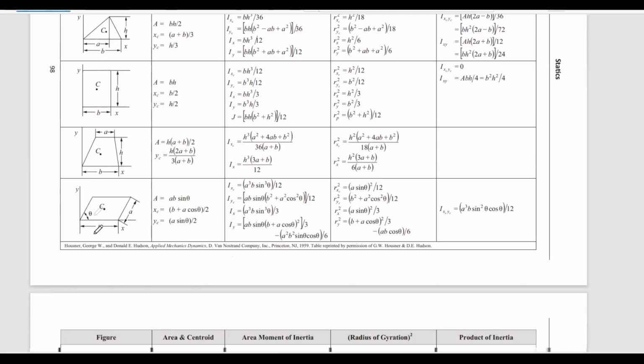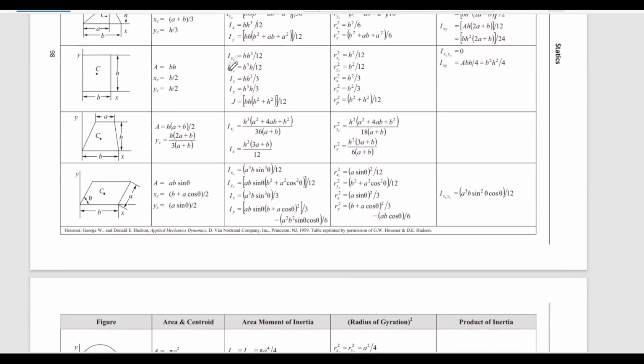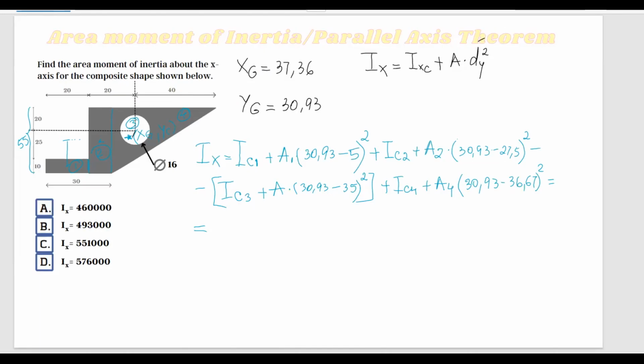And I'm going to go to a rectangle, and Ix about its centroid axis is BH cubed over 12. So I'll have BH cubed over 12 plus A1 multiplied by